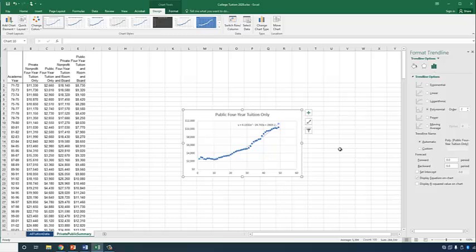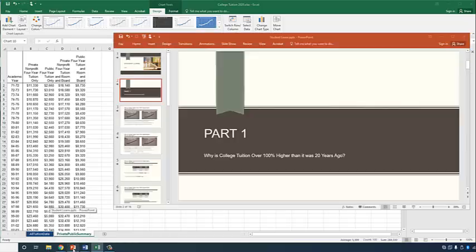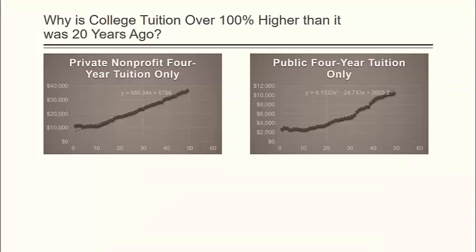And so what's the common trend for these 2 graphs? Well, we can see that they're both trending upward, right? That tuition is becoming more expensive. Okay, so now I'm going to hop back over to our PowerPoint so we can work with this a little bit more. Okay, so here we are back, and here are our 2 scatter plots